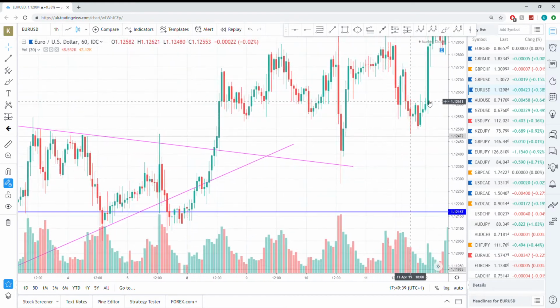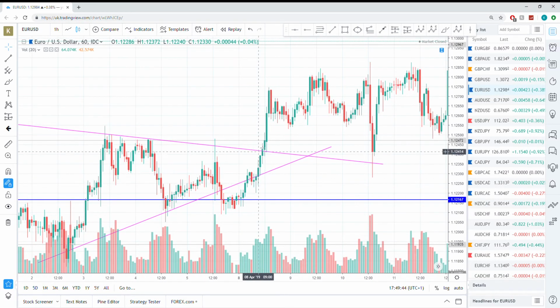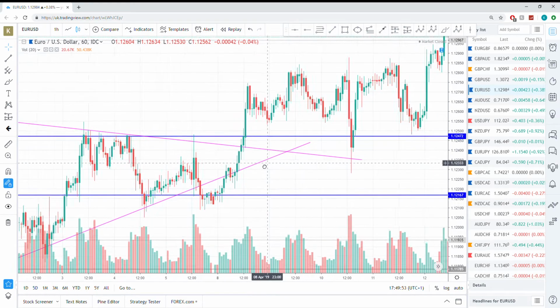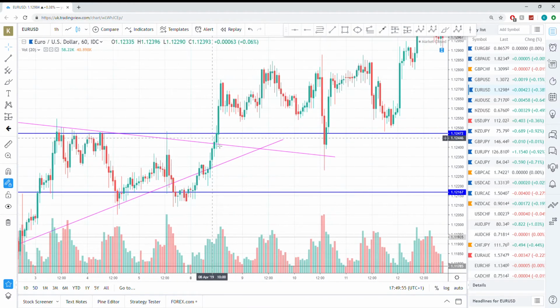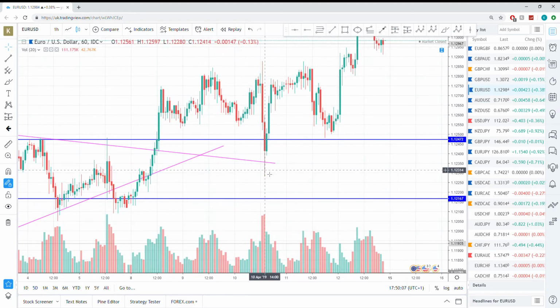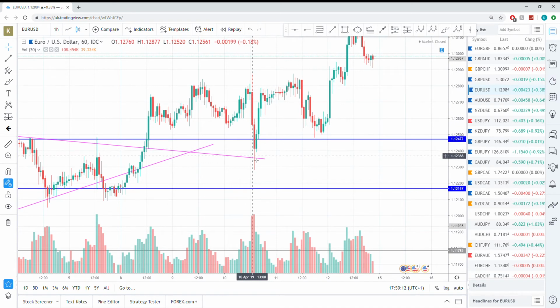On this upside, what I would have done here is wait for price action to come and test one of my zones. So this is a zone here, so I'll label it here as blue again, and either I would wait for a retest here or along the line of the trend line. We managed to get a retest eventually here, and just by price action alone, this massive pin bar here,